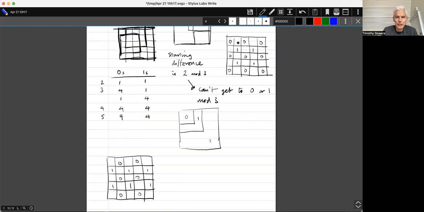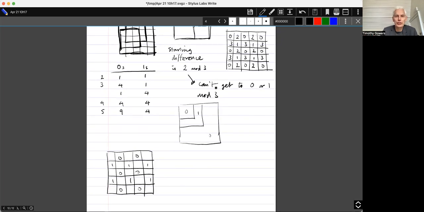So my colouring in that case would be one that I've already considered. Basically this. So now actually I'm just going to have a new table. Noughts, ones, twos, threes. So if I put down a 2 by 2, what effect does it have? It adds 1 to all of them.